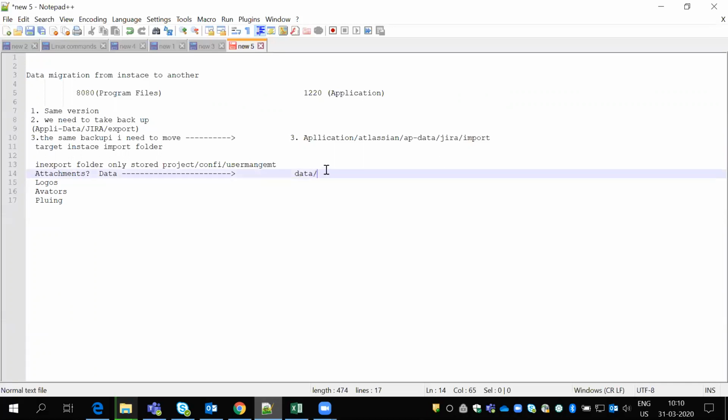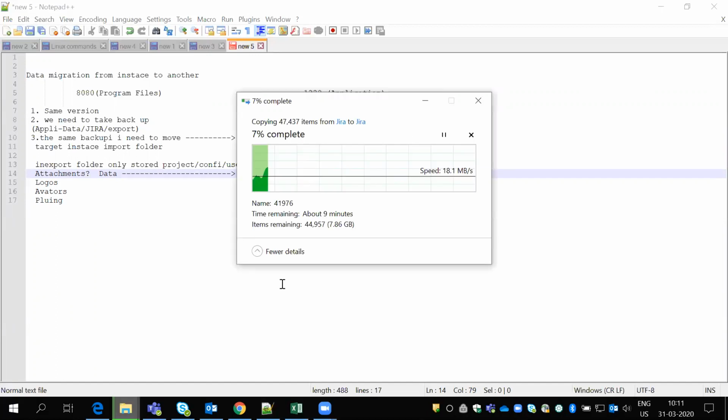So I have the data folder, logos folder and plugins folder. When you copy this and go to here, just paste it or override it with the existing data, and all will be overridden. Once it is overridden, this data is working.